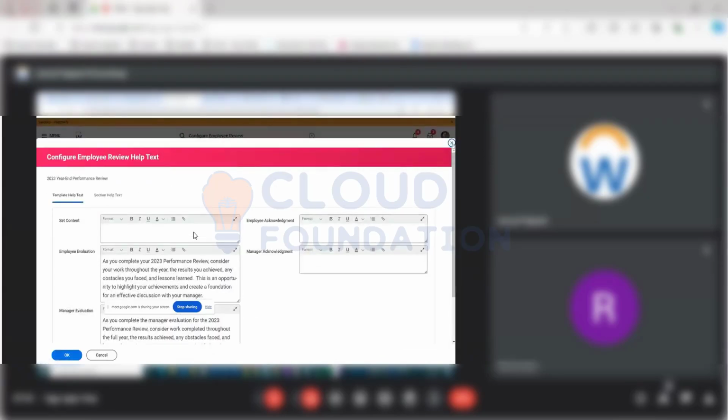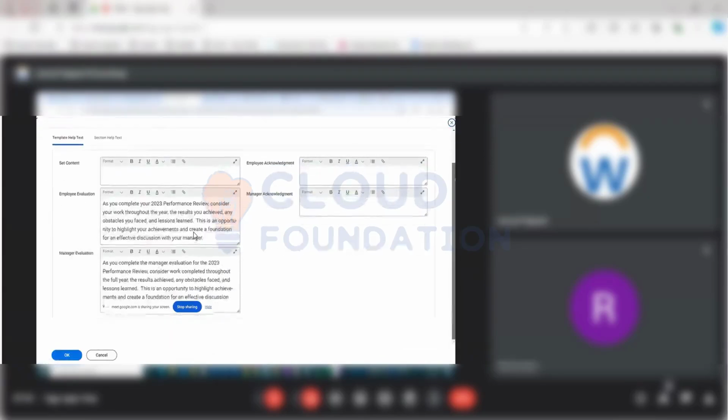So you see this help text? This is something you will have to change for the one that you will be creating for 2024. Normally what this help text is about is, when an employee is doing the evaluation, this is the text that is coming as of now, like, as you complete your 2020 review,